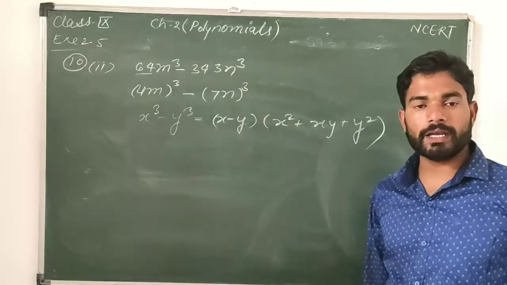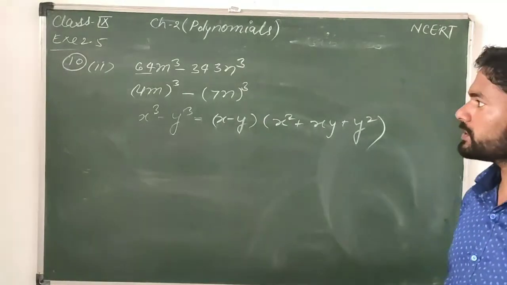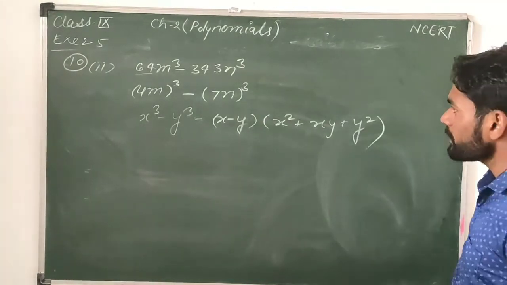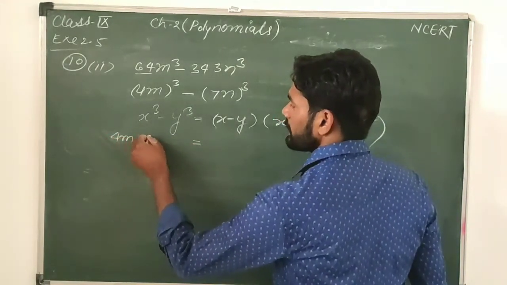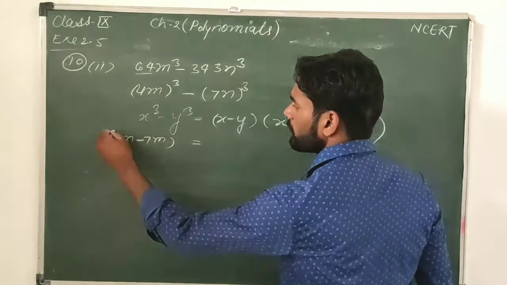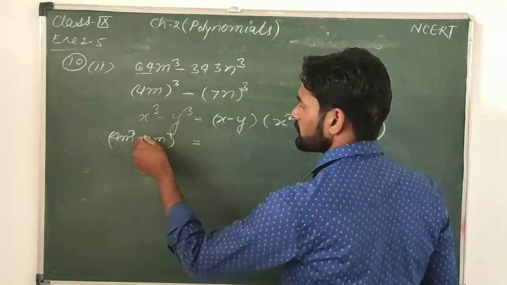This is the first identity, the first part of the 9th question, as I proved here. So finally 4m minus 7n whole cube,